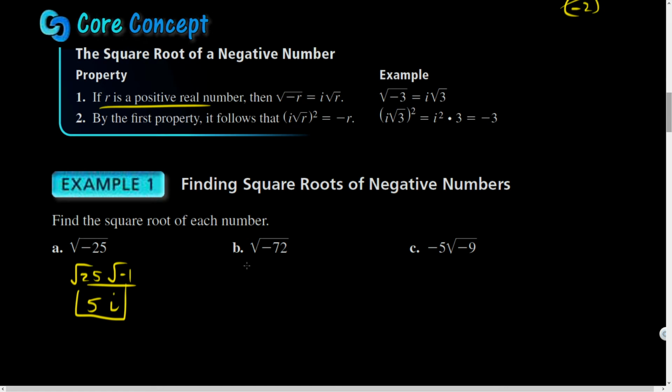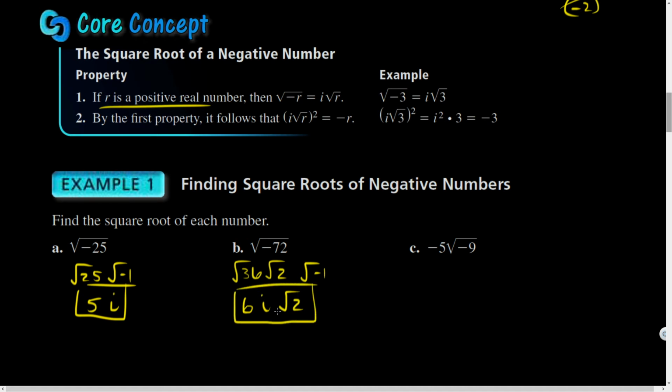Square root of -72. Let's see. Oh dear, now I'm already getting nervous, guys. I didn't get a calculator for myself. But I will break out the -1. The minus sign is going to become an i. 72, what's the largest perfect square that goes into that? Well, that's 36, and it goes in twice. And so the square root of 36 is 6. The square root of -1 is i. I realize I'm rearranging this now, and the last thing I write will be the radical.